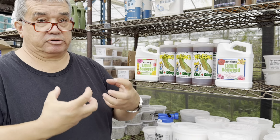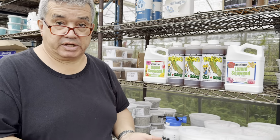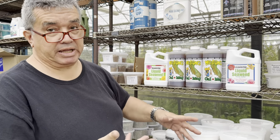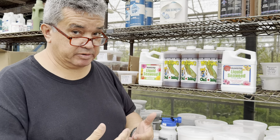Calcium allows the plant to hold on to its water, so she has more resources to do what she needs to do. If the plant is dehydrated, it's like an athlete. If you don't consume enough, if you don't have enough resources in you, you can't do what you need to do. Same thing with the plants. If you don't have the resources, and organically, you have, like I said at the beginning, you have to be